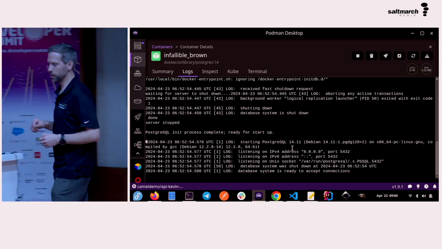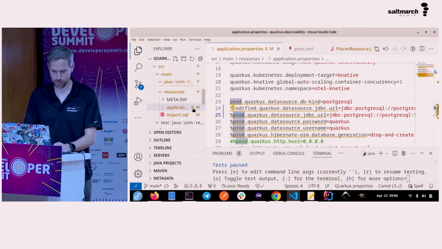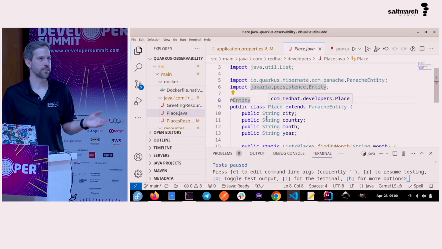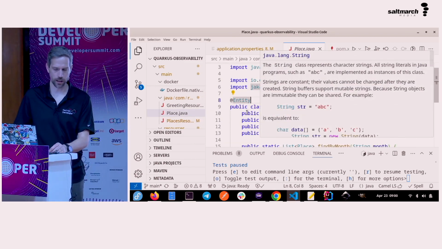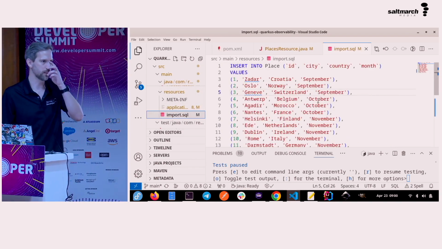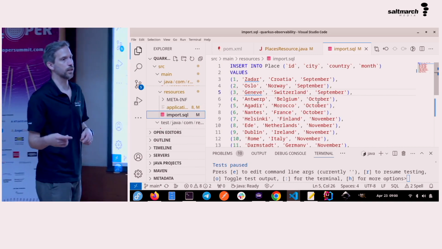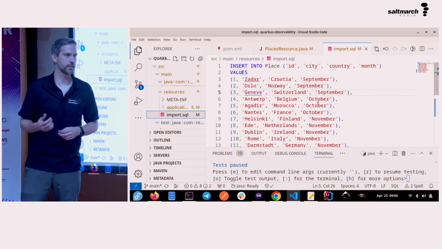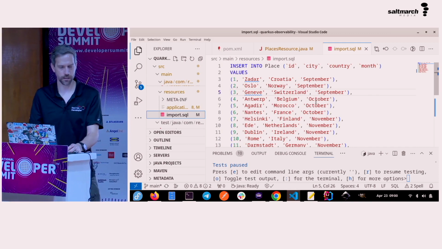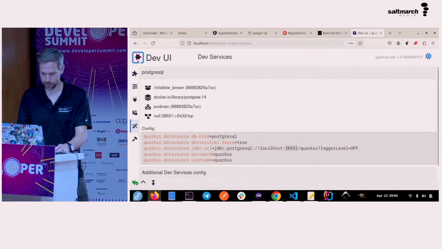Yes, so the schema is initialized by my configuration of my entity. I have a place entity here, and that's basically going to tell the dev service to set up that system. And then the data that's in there is an import SQL that I have added, which the dev service will also automatically use if you don't have anything else configured. It'll notice, oh, you have an import SQL, I'll import your data automatically. So let's move on to the next part of our presentation,